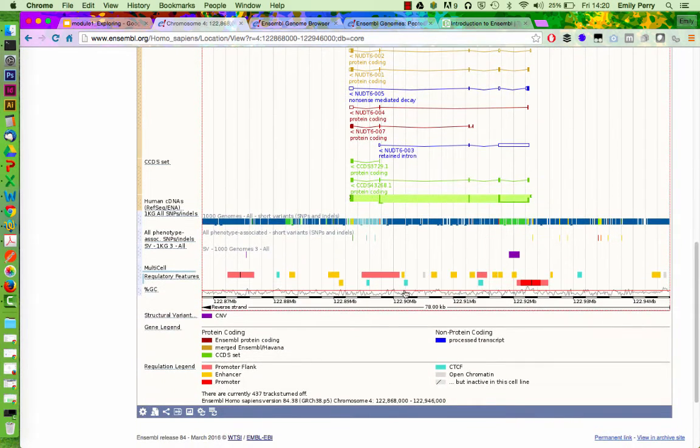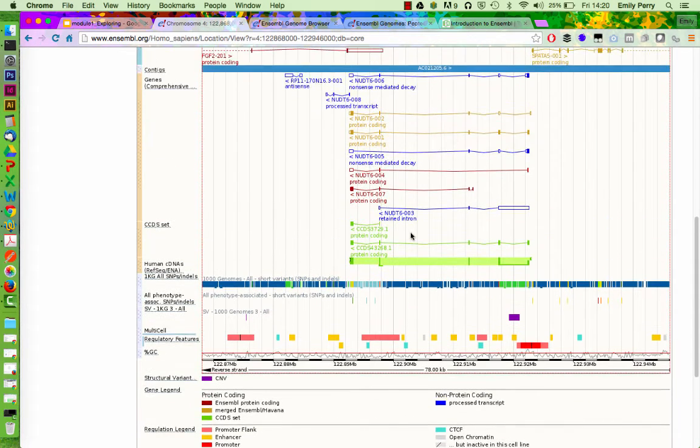And at the bottom, we've got regulatory features and variation data, and GC content, also data that is not stranded. So anything that's not stranded will be shown at the very, very top or the very, very bottom, whereas things that are stranded will be shown on either side of the contig, depending on what strand they're on. We have a legend at the bottom here telling us what all these colours in the display actually mean.